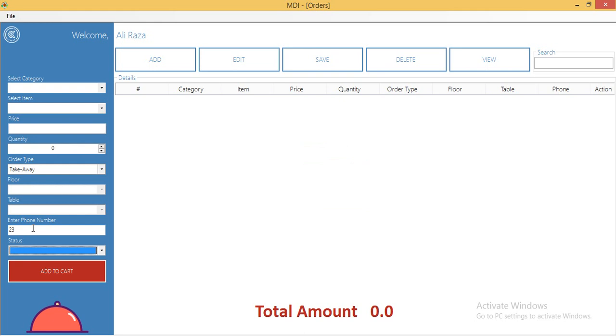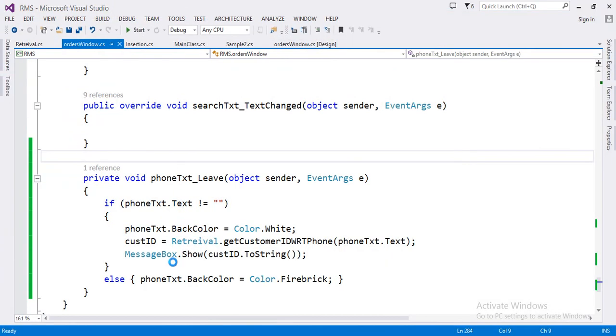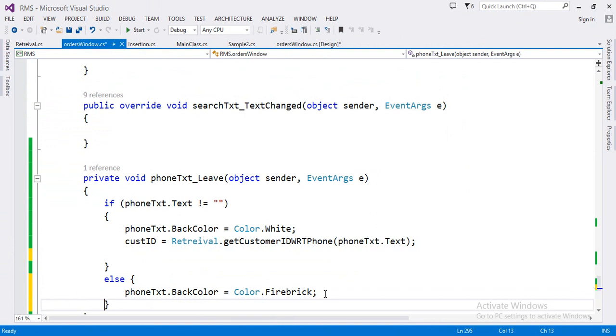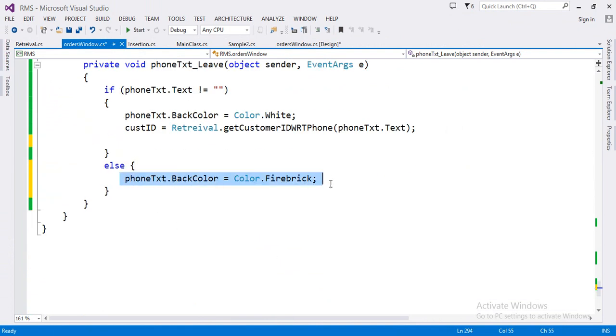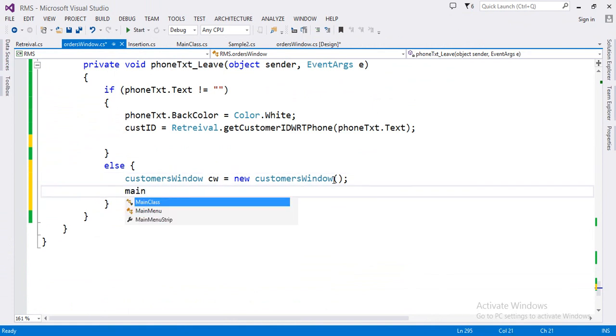You should navigate to your customers window to first add that customer. So how to do that? If the customer is not there, if the ID is not there, then you have to go to your customers window. So customers window CW equal to new customers window, and then main class dot show window